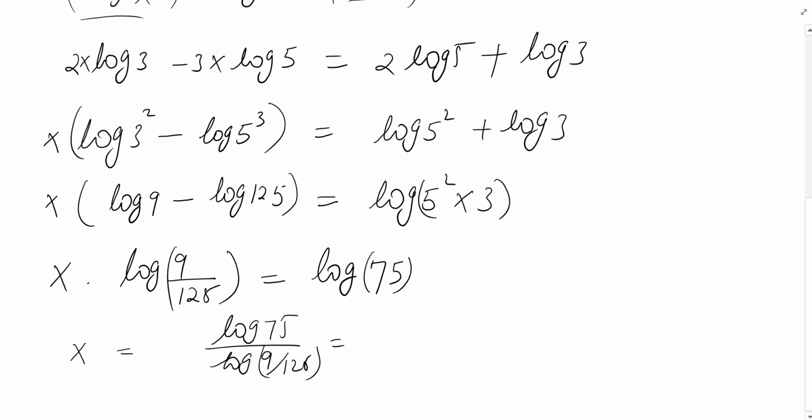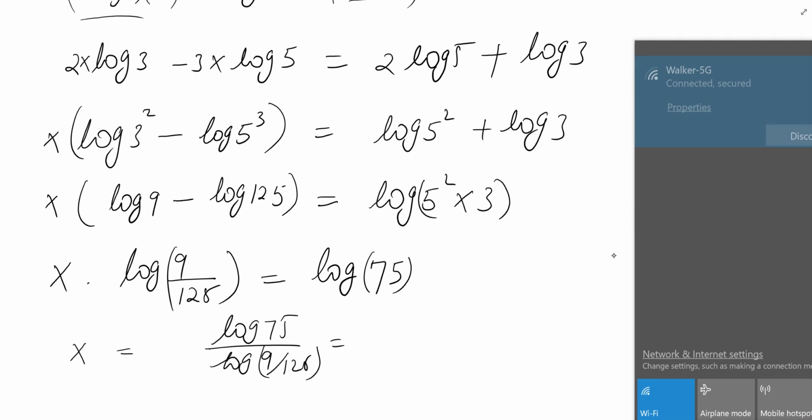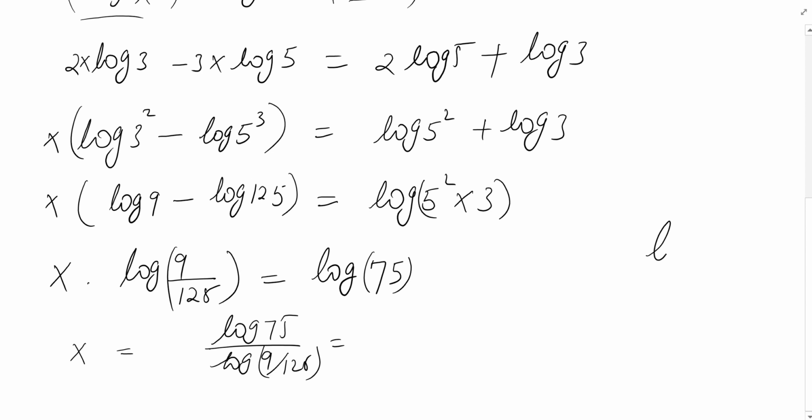Okay, so log of 75 over, we can make the same base. Now we're going to use some property there and find a common. Some properties that we have are like log of b base b is 1, and 75 is 5 times 15, or 25 times 3. And I can break it down because,